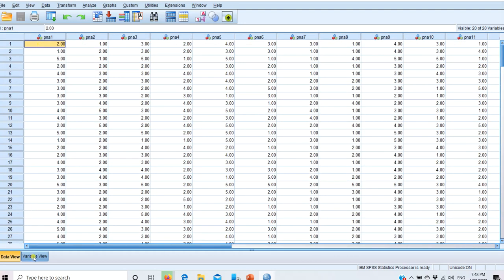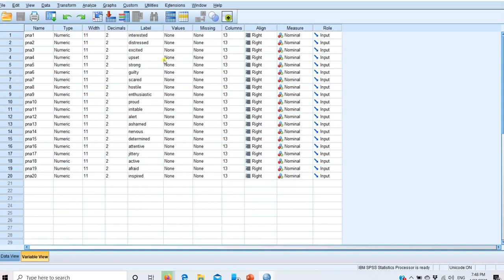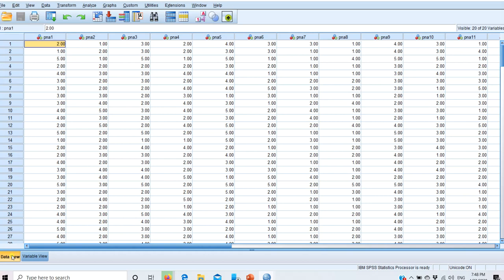And these 20 variables, basically 20 items, use 20 adjectives. 10 are positive, like interested (positive), distressed (negative), excited (positive), upset (negative), and they measure two components, the positive effect and the negative effect. But let us assume that we have this data and we don't know the factor structure, though it is known that it has two factors, the positive effect and negative effect. Now we have to determine the number of factors.